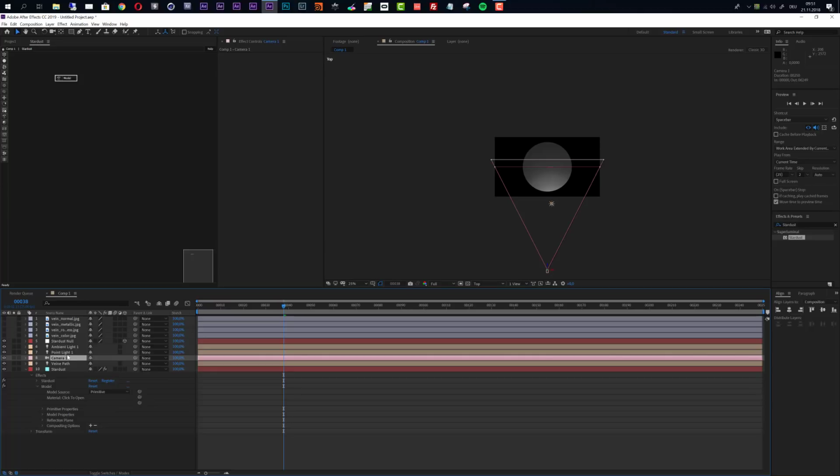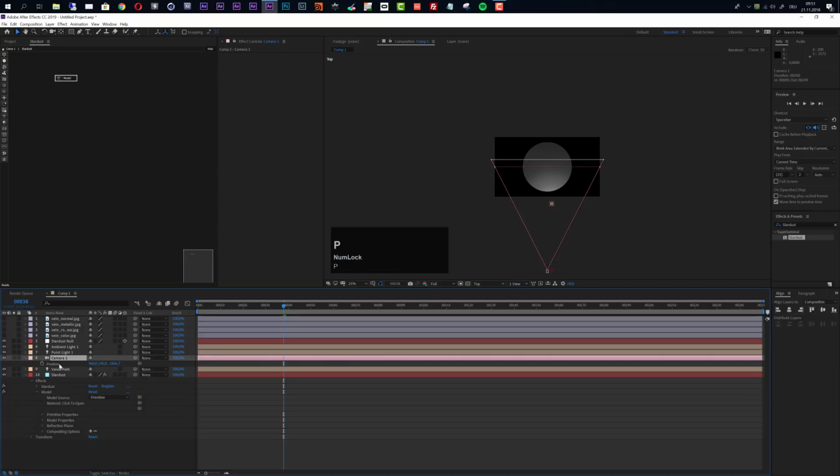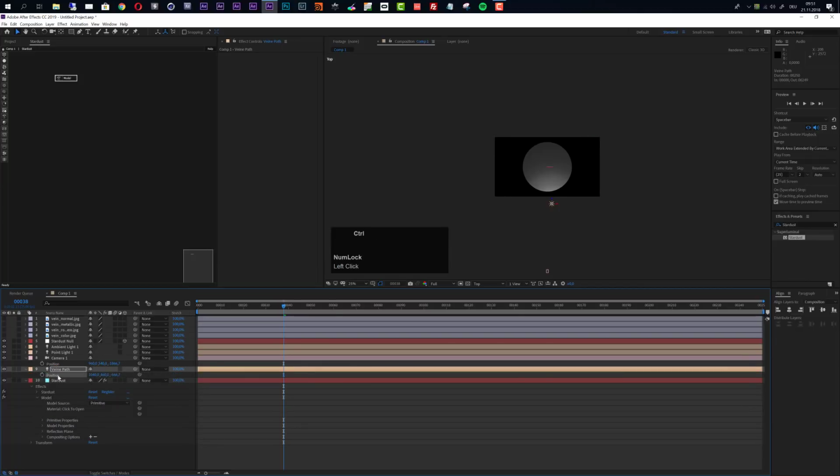So I can just use this position and copy this over and copy it to my vein path light. Here it is. Just paste this in here. And now my light sits exactly in the same spot as my camera. And this is the point where I want to start my path. So now with my time indicator on frame 0, I will set a keyframe for the position of our wane